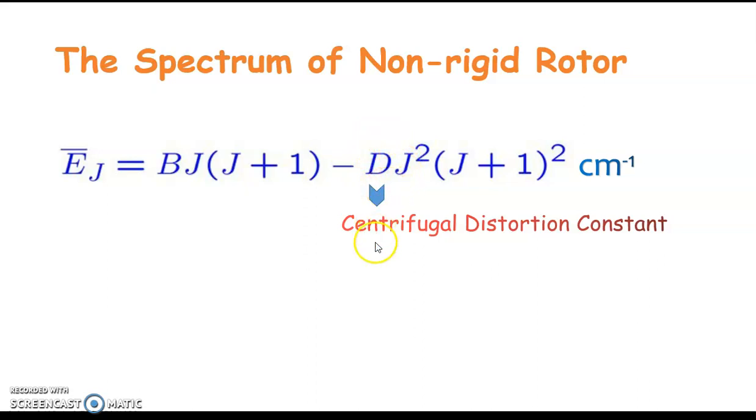This is the distortion constant as a result of the increase in centrifugal force,